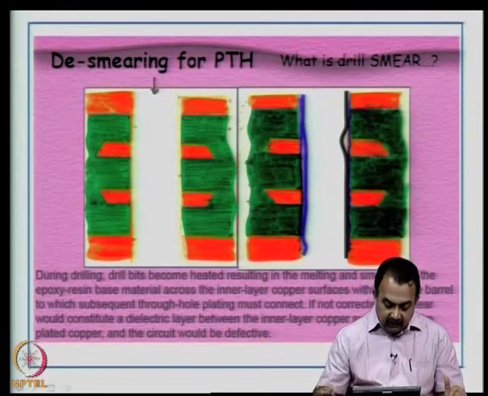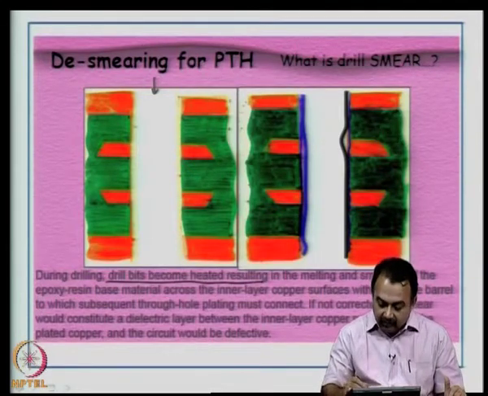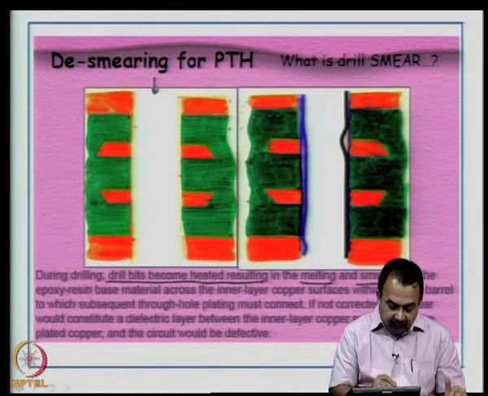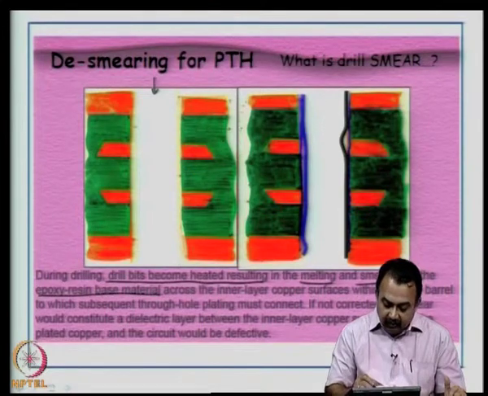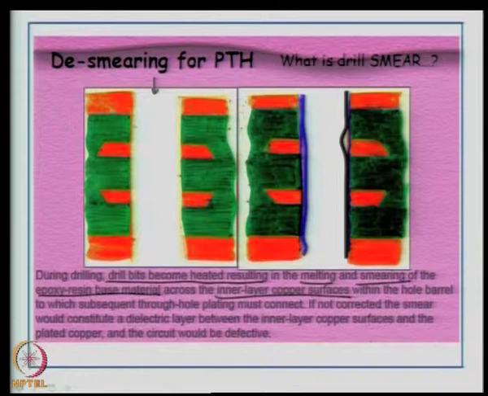Smear, as I said, is because the drill bits become heated, resulting in the melting and smearing of the epoxy resin base material across the inner layer copper surfaces within the hole wall. Now, if you do not remove it, your through hole plating will not connect. Therefore, you use certain chemicals